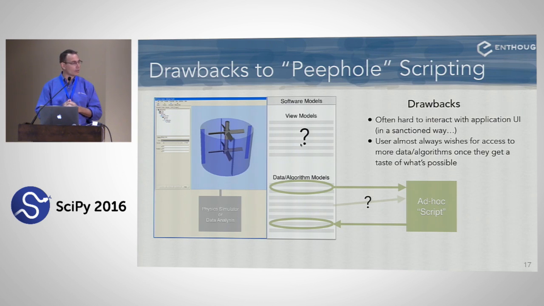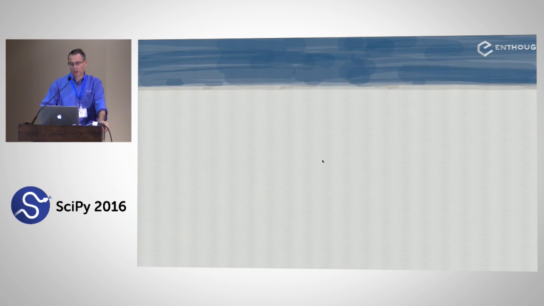The second thing that you run into is what I mentioned earlier. You don't have access to the view models. And so once you've run this script, to be able to go and create a user interface around that, you just don't have that capability. So you pay a price for this, but it's cheaper than doing the full example, or doing a full wrap. Okay, so